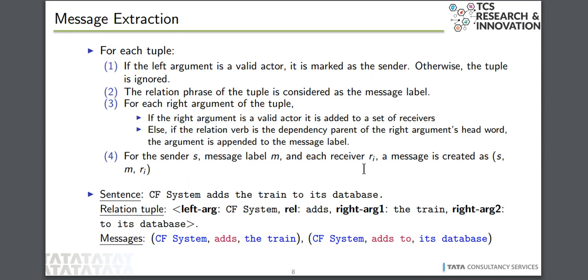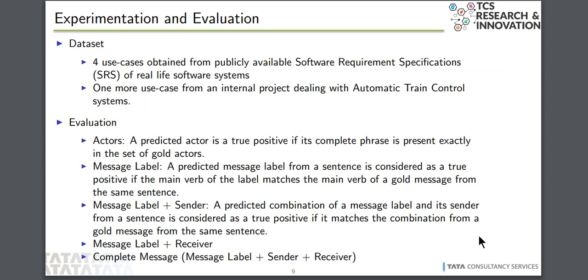If any of you are already aware of the message sequence chart formalism, then you might know that these two messages are actually a part of a co-region. There are other aspects of identifying conditions, timers and alt boxes, which we have described in detail in the paper, which I am not covering in this presentation in the interest of time.